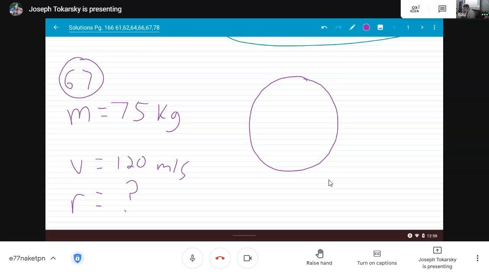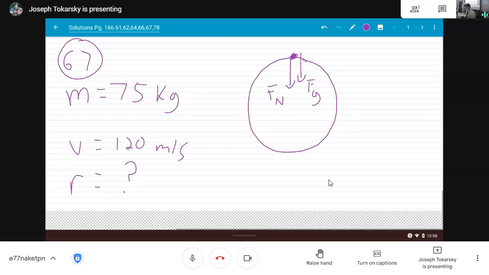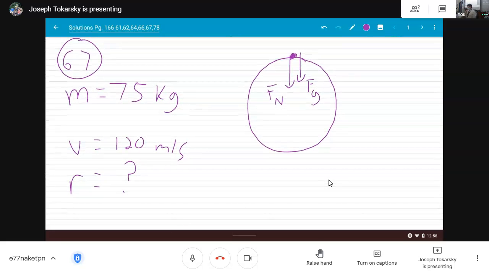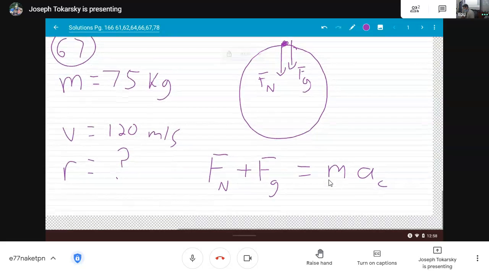So that's the first thing we need to realize: the seat pushing back on him makes him directly go through. We're at the top position, just like the problem we did last with the motorcycle. Both of those are pointing like this, right? On him. His weight and the normal force of that seat pushing on him. So we would again have normal force plus weight, plus, because we're still defining towards the center, which again is down, is negative. Equals all that. But